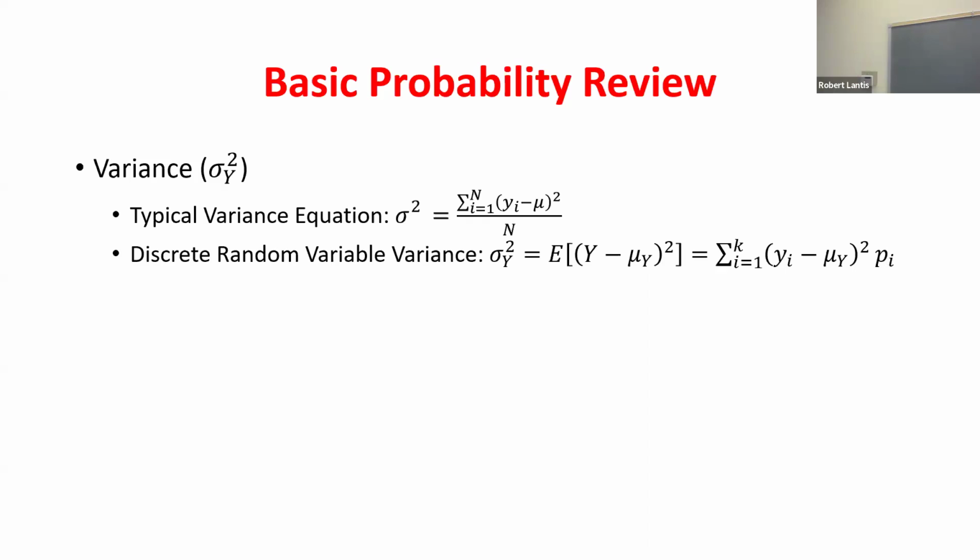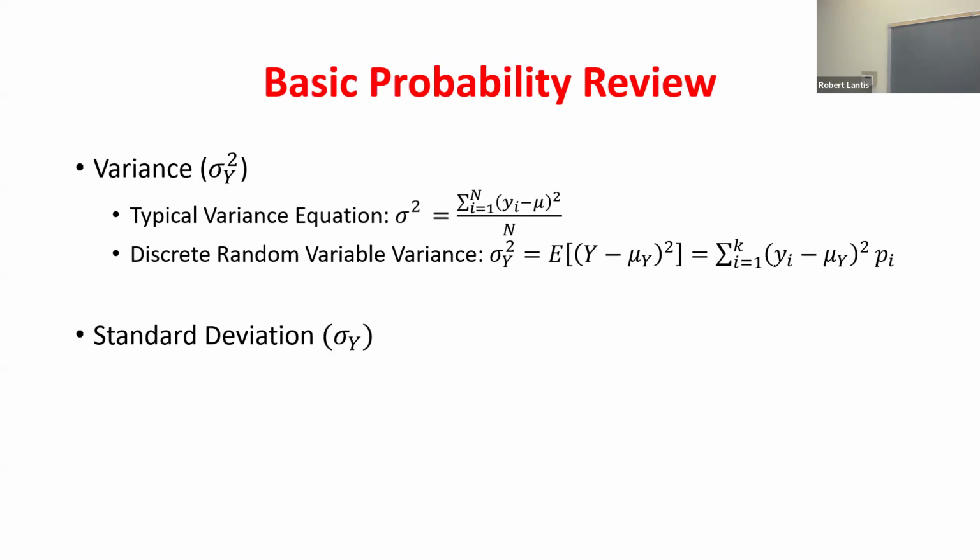And I talked about last class when we were calculating the mean for this discrete random variable, really, that dividing by the population size is kind of floating behind the scenes there, because to get a probability, if 10 out of 40 of my students get a B in the class, how do I come up with that probability? 10 over 40, right? I'm actually already dividing by that total number of students in my class, or that n. So it's kind of floating behind the scenes, even for a discrete random variable.